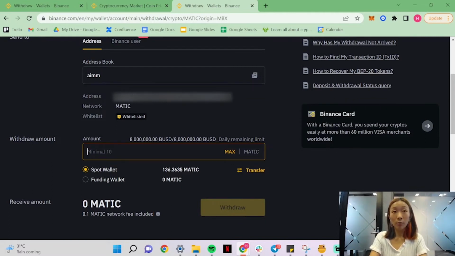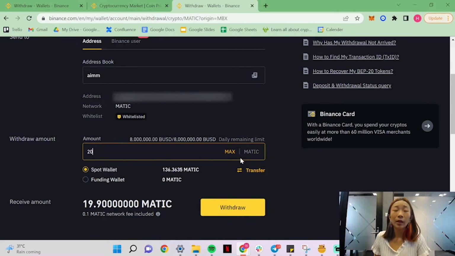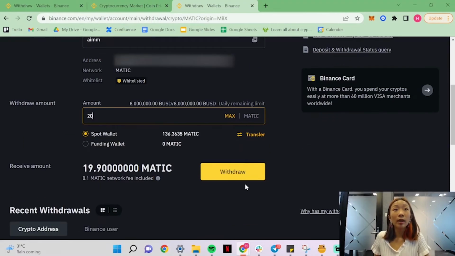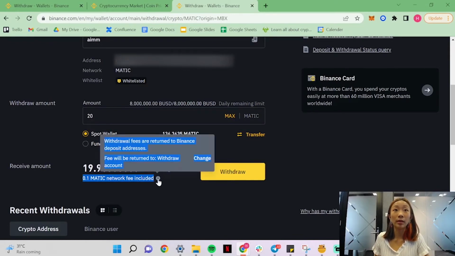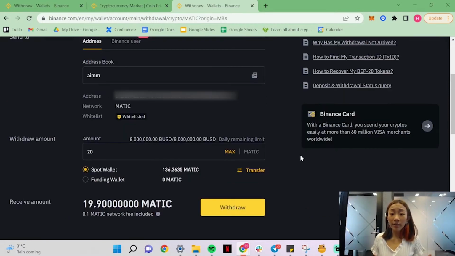And I'm just going to put 20 Matic. That's the amount of Matic that I bought just now. And you can see that I received the amount 19.9 Matic because the 0.1 Matic network fee is included. You can see that the withdrawal fees are returned to Binance deposit addresses and the fee will be returned to the withdraw account. Okay, so after you check that everything is correct, you just click withdraw